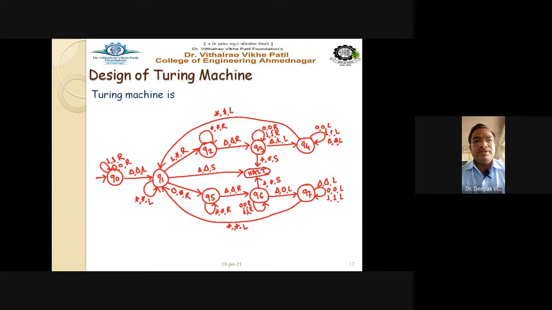So here, if 1 is there, mark it as a star and move in the right hand side direction. If 0 is encountered, mark it with the star and move in the right hand side direction. So accordingly, we have to write down all the transitions for Q1 through Q7, or draw the Turing machine transition diagram for the same, right?